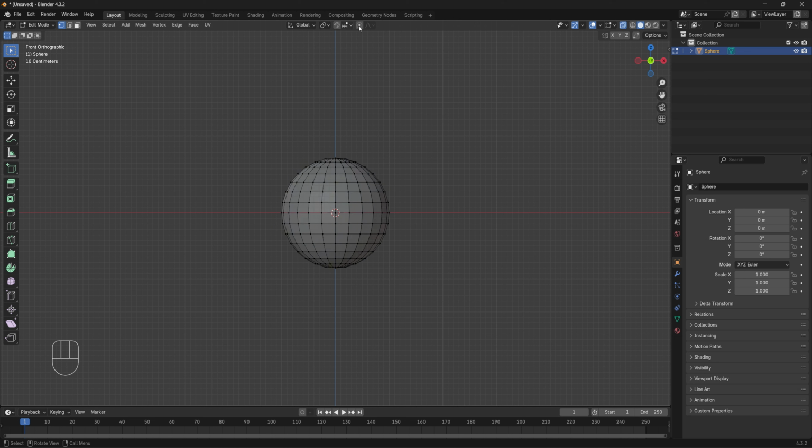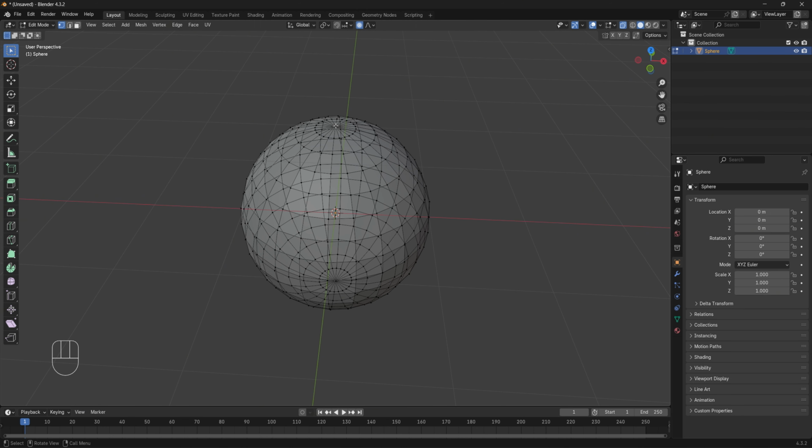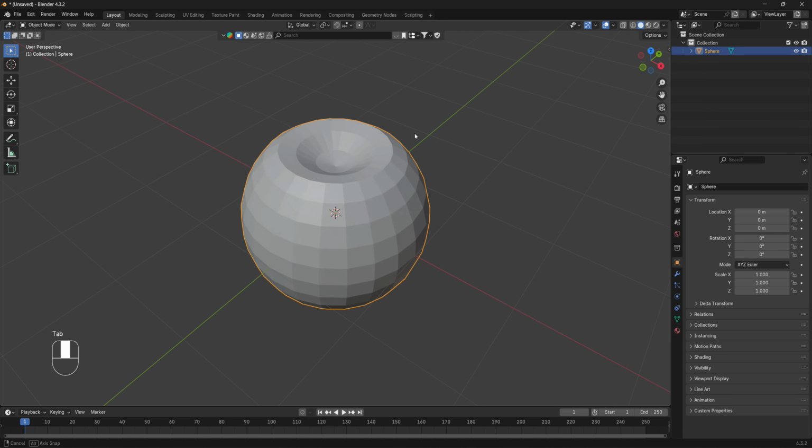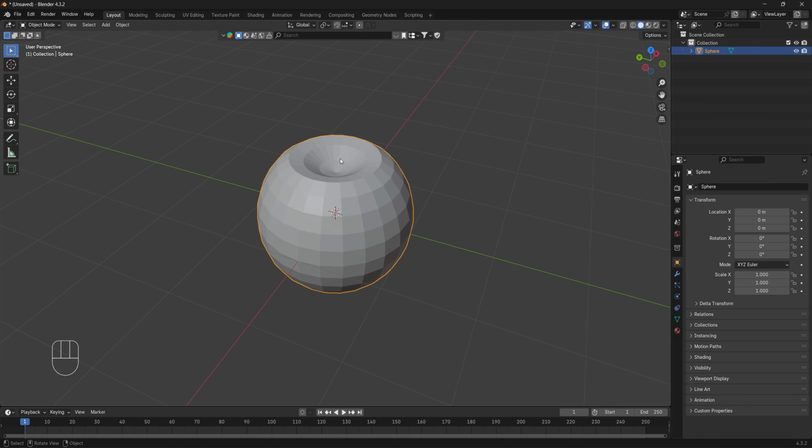and then turn on the snap. No, press O to turn on this mode. So what this mode does is when you select something, you can see a circle when you press G, and then you can change the circle so it will set the effect area of the move, so you can make something like a curve. This part will be like the apple,